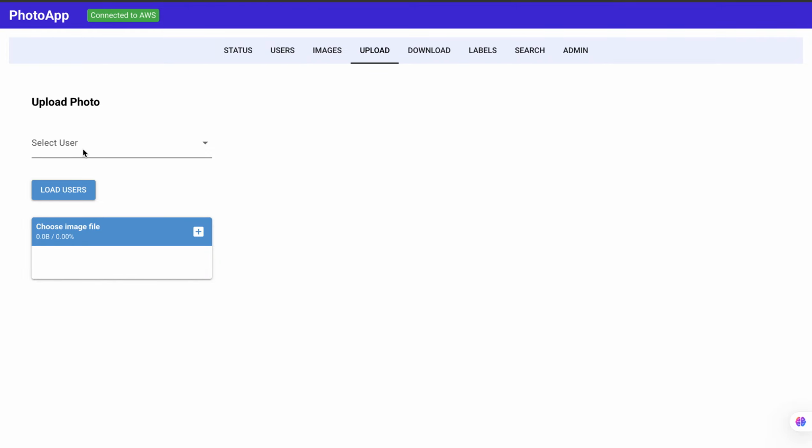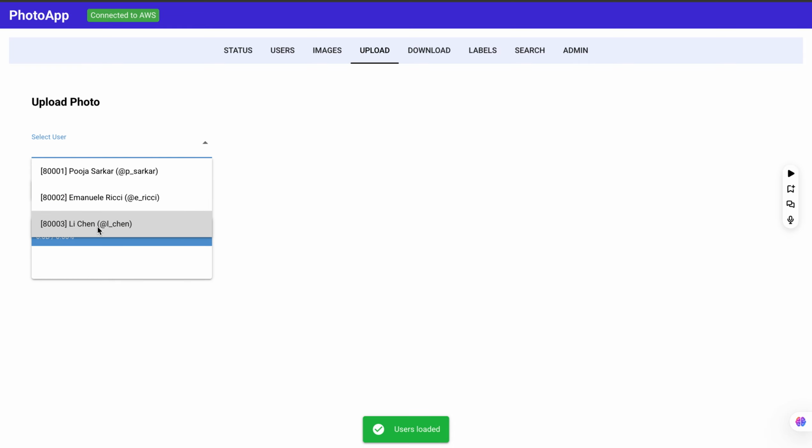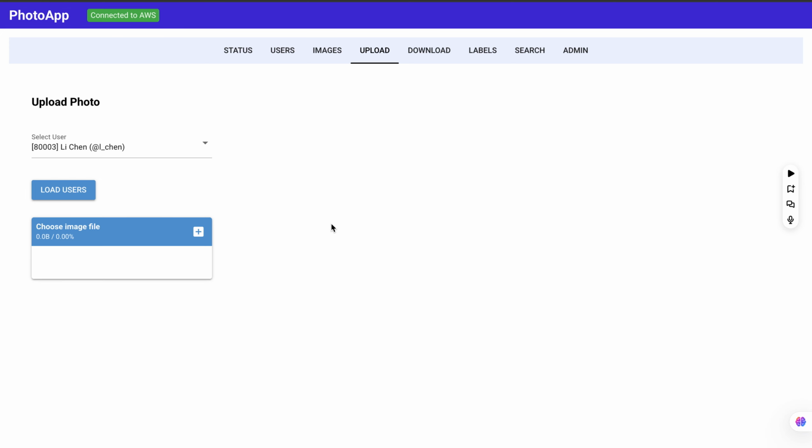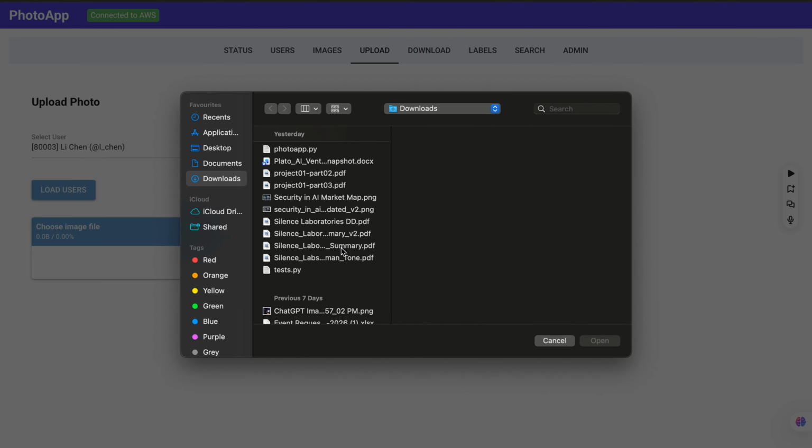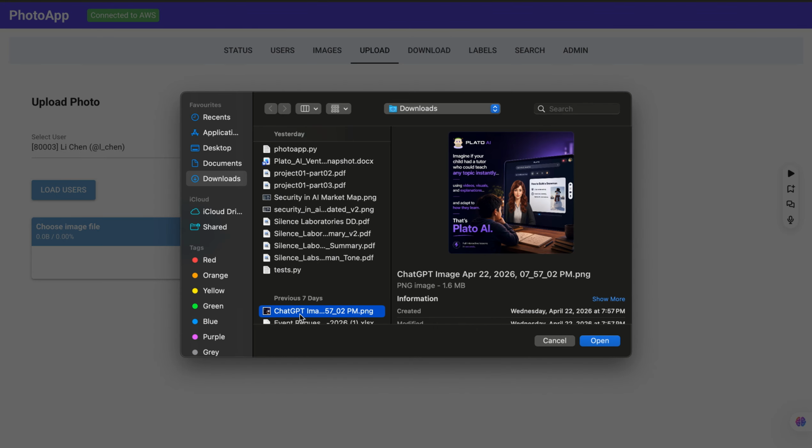So coming to upload, right now the drop down is empty, but on click of load users, we can see that the drop down got populated. Let's select Lee Chen, who has 80003 as the user ID, and let's select an image. Let's first select a complicated image which has text, which has a kid, which has a computer screen with a woman teaching something. So let's open this